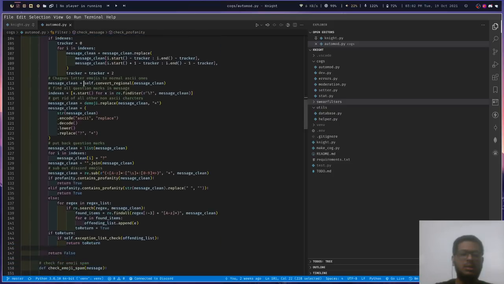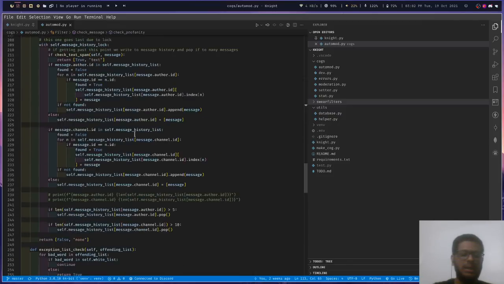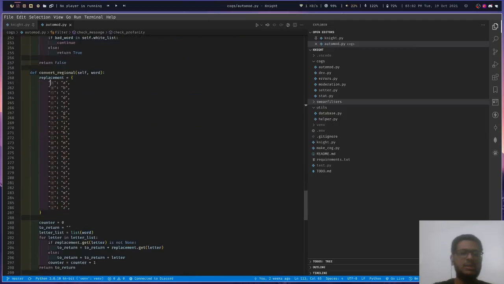Then there are certain characters which are called regional characters. We need to clean them too. Regional characters look something like this, which are native to Discord, but they are not emojis; they are termed regional characters. So we will convert them to our ASCII characters.